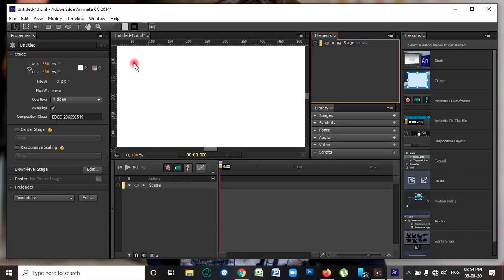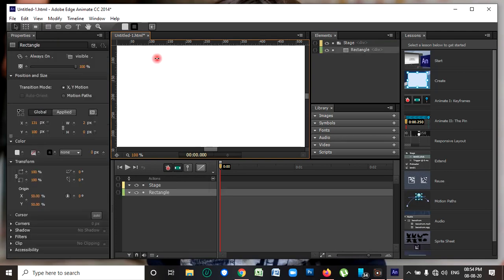Okay, now we are going to see some examples. Suppose you are going to draw a rectangle, see here. Now see, the rectangle has been created, and if you want to fill this rectangle with color, then we have to go to the color option and click over here.